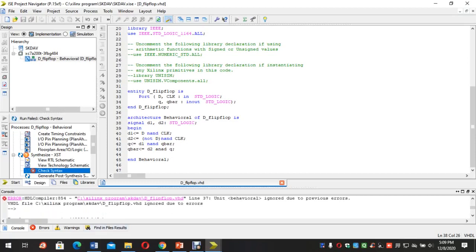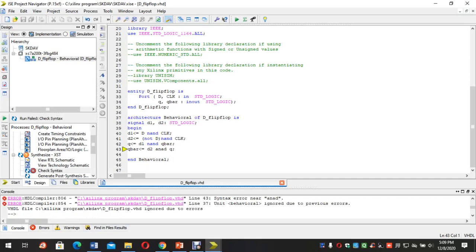Syntax failed. Let's check. Where is, oh sorry, here it is, NAND. What is the problem?